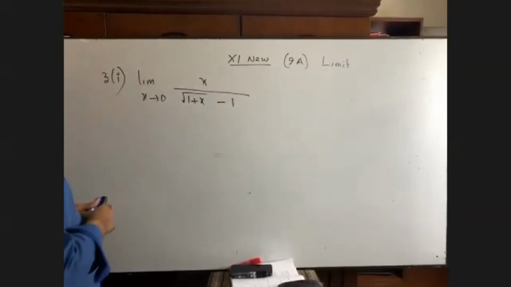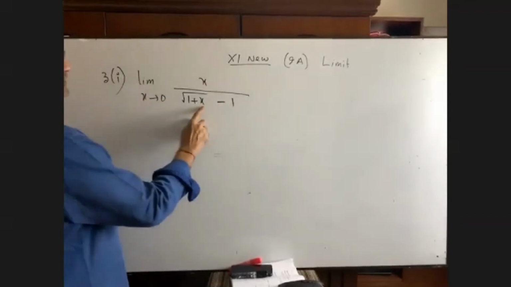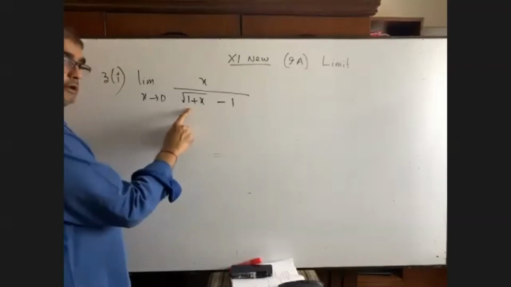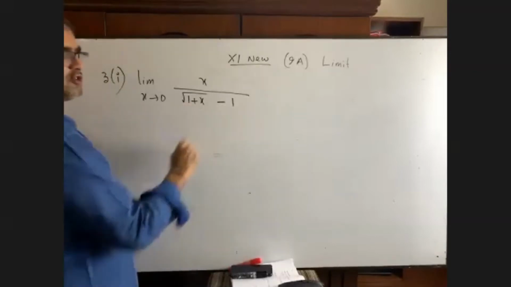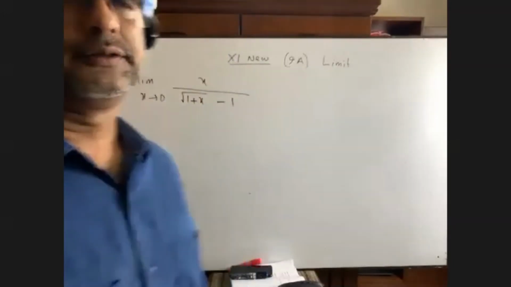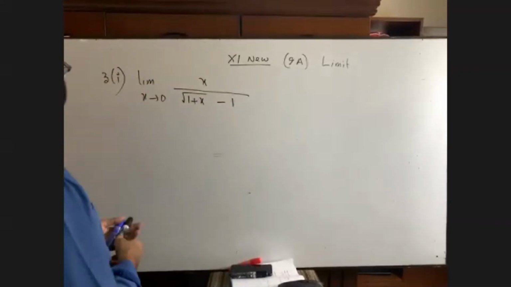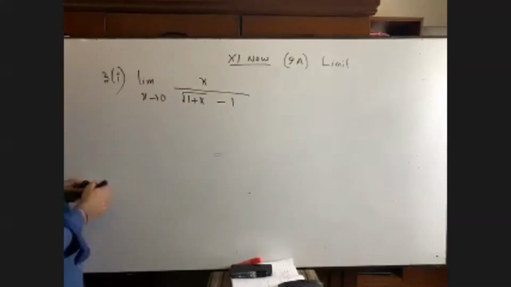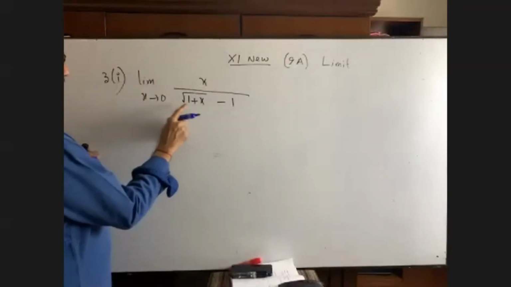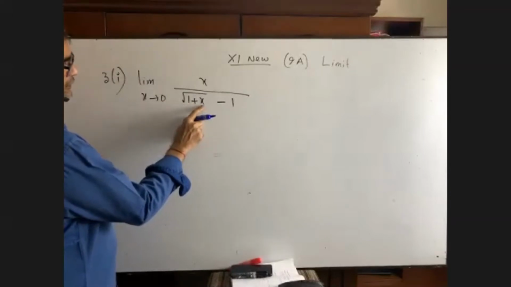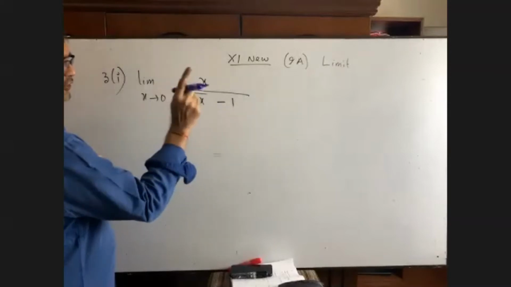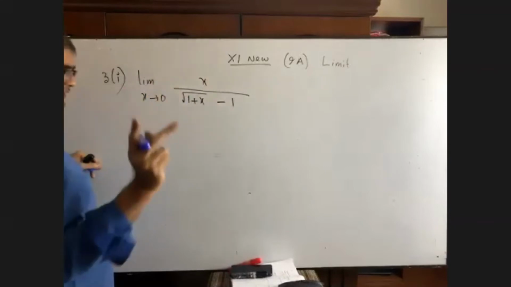Suppose x equals 0. Now put x equals 0, we are getting what? Root 1. Root 1 means what? 1. 1 minus 1 equals 0. That is, the denominator is 0, and we cannot do any math having denominator 0. Will I repeat? If x equals 0 is given, we put 1 plus 0 equals 1. Root over 1 means 1. 1 minus 1 equals 0. Something by 0 is undefined.